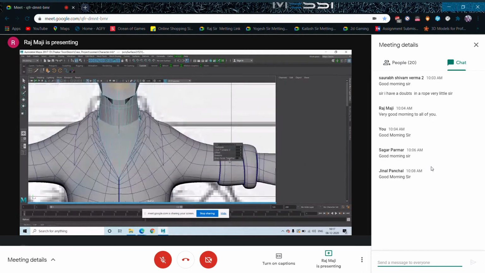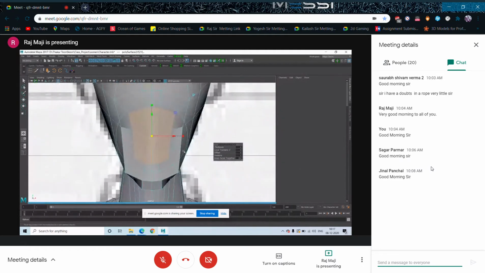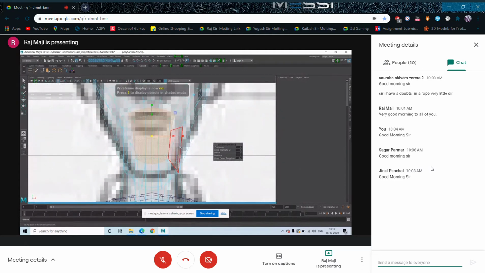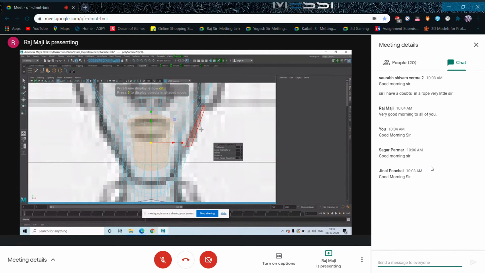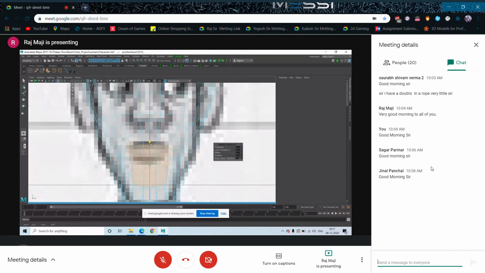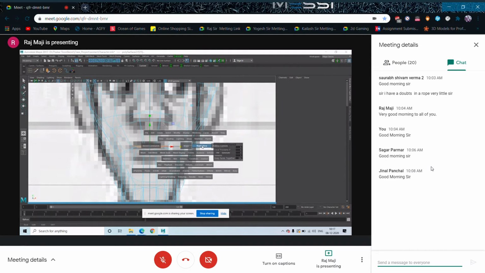How much to scale down? So just assuming the mouth. So this much. Here is the middle line. This much. And from the side,